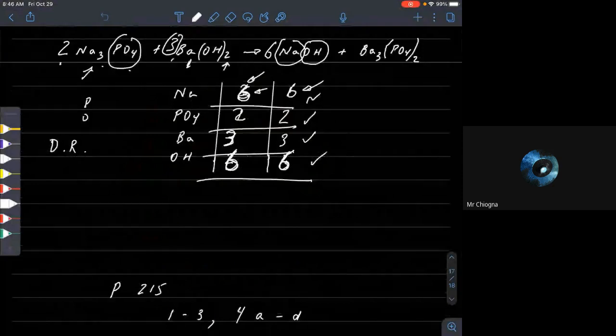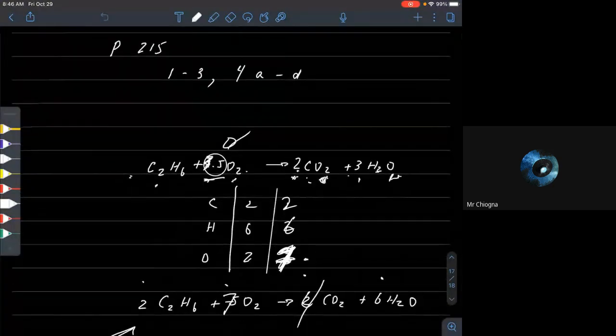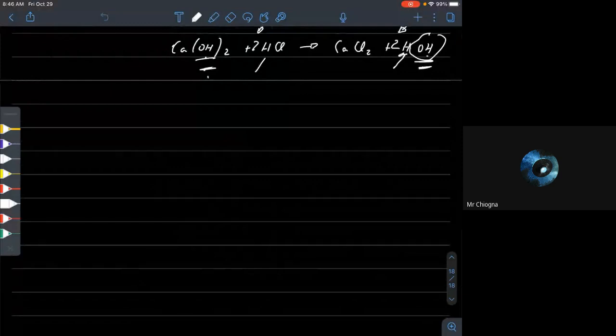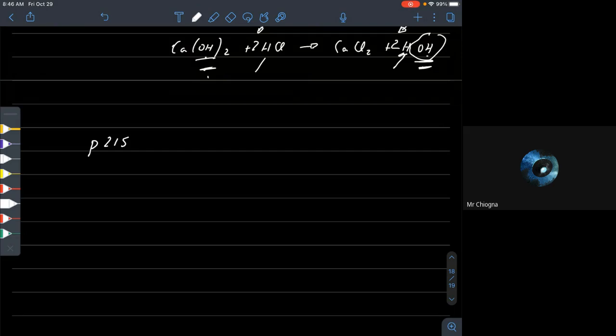Page 215. 1 to 4 AD. Okay. So it says most commercial trucks are diesel fuel. Consider the following reaction. Heptane. So heptane is a component of diesel. So this idea